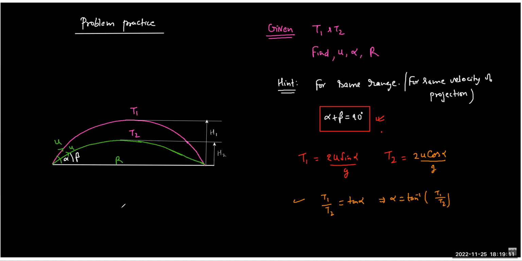Understood? So square and add. Yeah, that's simple. That's the trick. Once you square and add, you will be getting rid of alpha, isn't it? So squaring and adding will get rid of alpha, and so you can get u directly. Okay. So this was the trick: squaring and adding